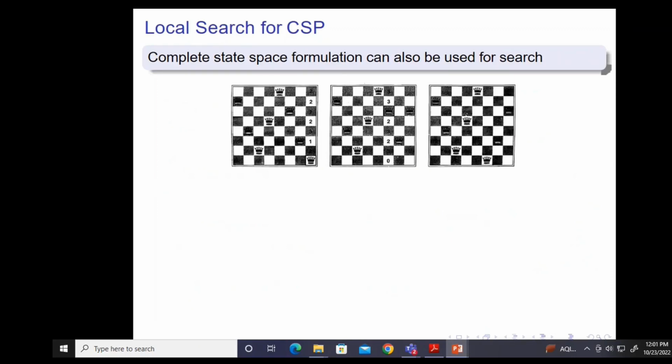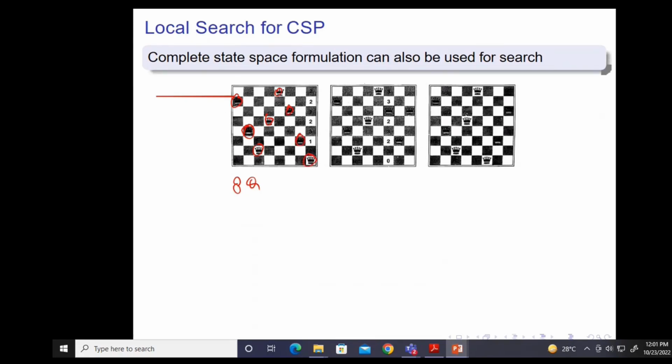Okay, so this is again one problem, and this is not a new problem for you. We have seen it earlier also. This is the 8 queens problem, where you want to put the 8 queens. Let's assume that these are the positions. I'm not sure whether you are able to see it. So one solution that we have discussed earlier also